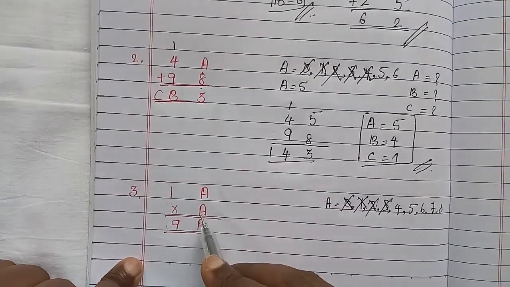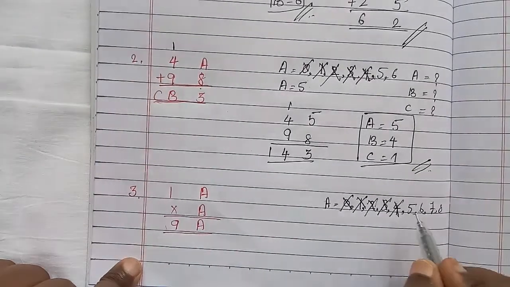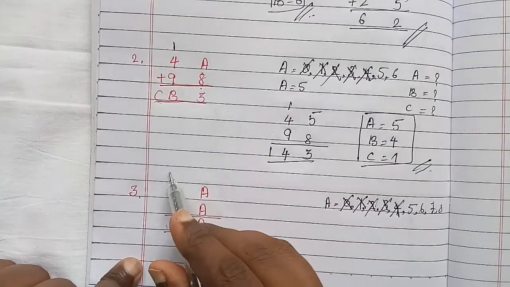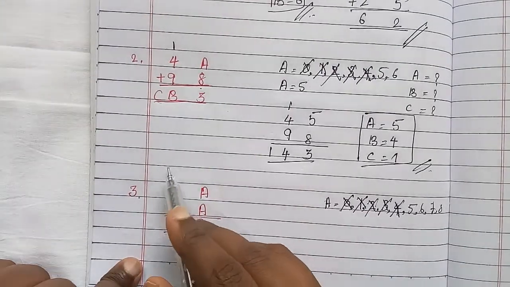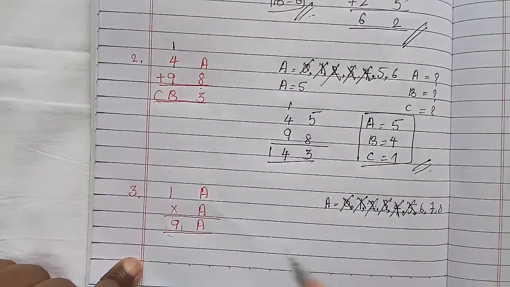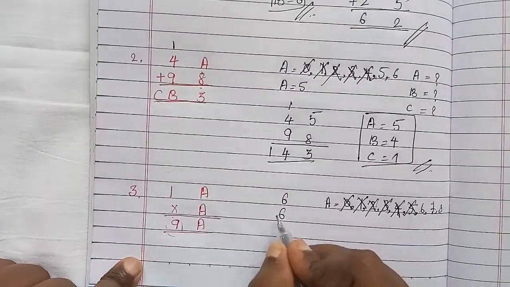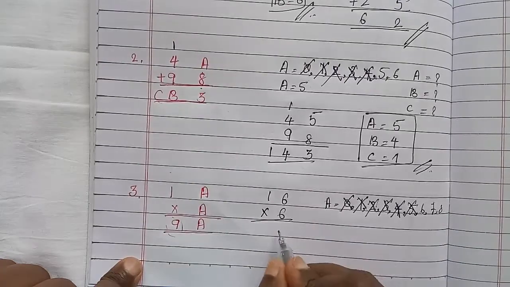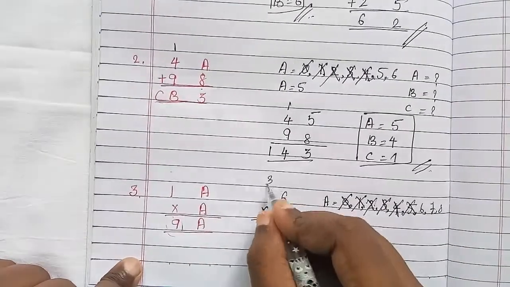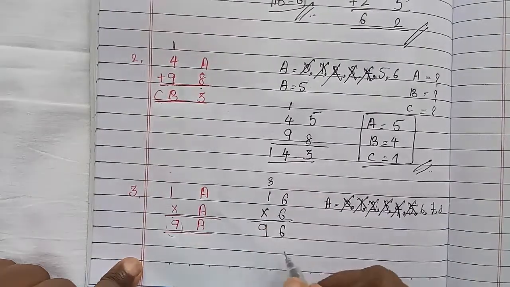4 4s are 16, there is no 4, that's why it's also wrong. 5 5s are 25, 5 5s are 25, carry 2, 5 1s are 5, plus 2 is 7. There is no 7, this is a 9, it's also wrong. 6 6s are 36, see, 6 6s are 36, 6, carry 3, 6 into 1 is 6, plus 3 is 9.